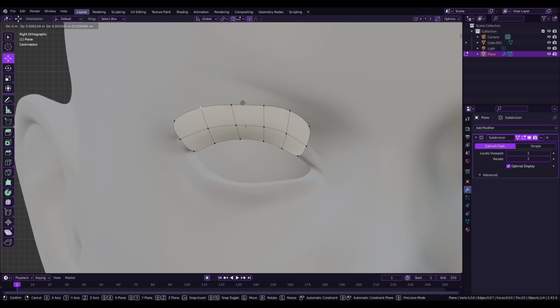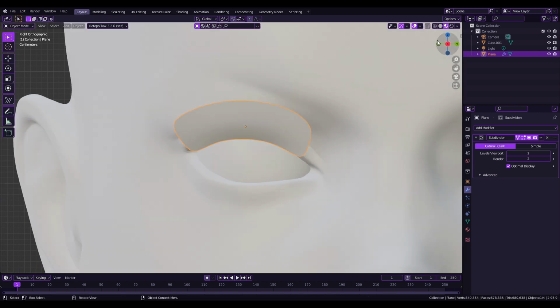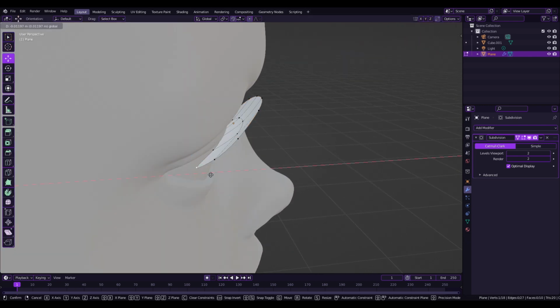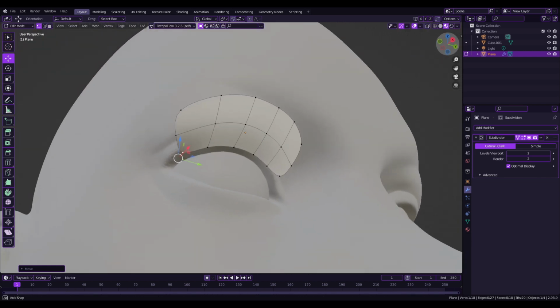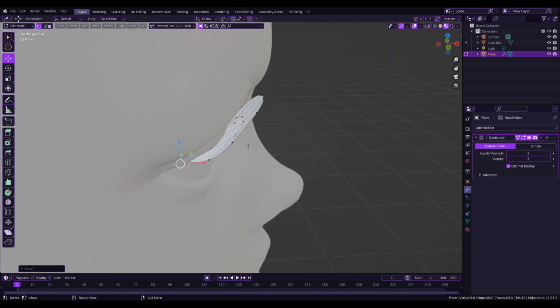Unless you're individually creating each little lash, then that would be more difficult and more time consuming, but I mean, it's possible. So once you get it how you want it,